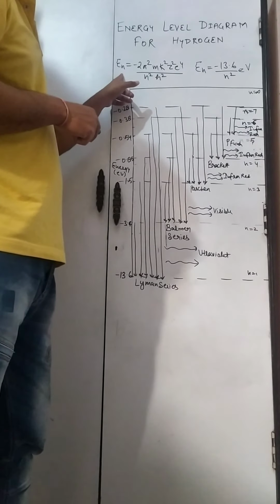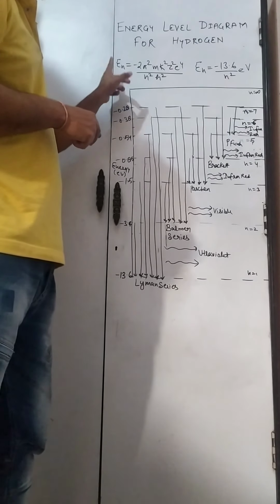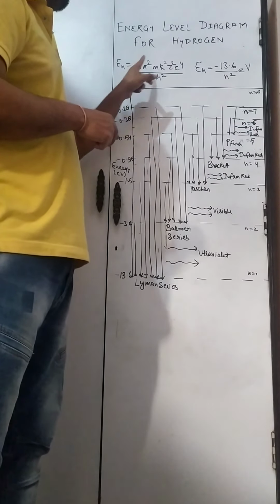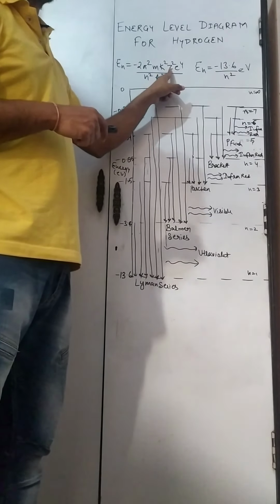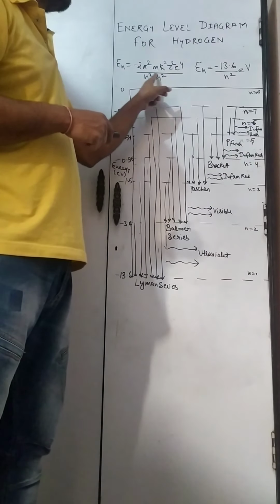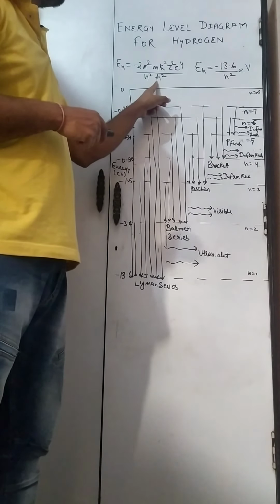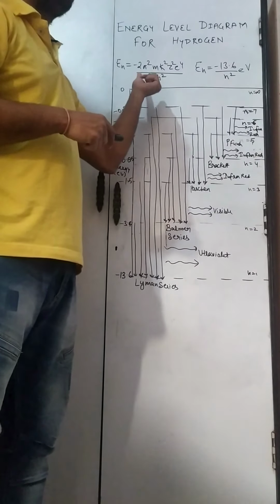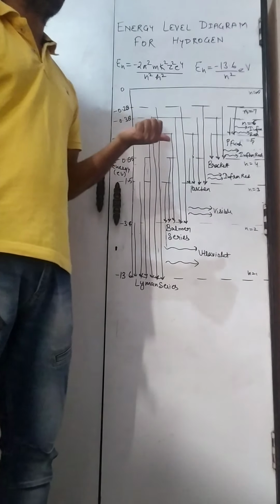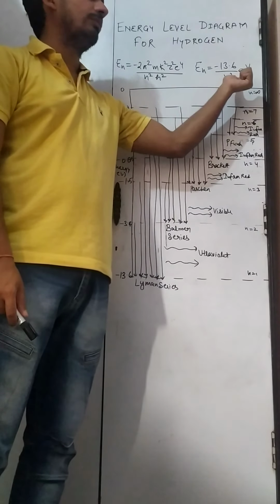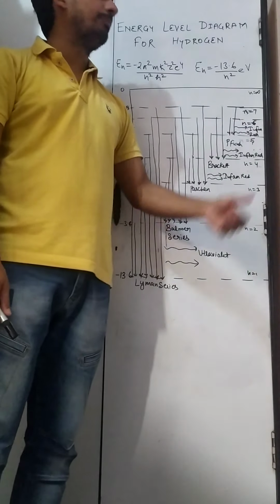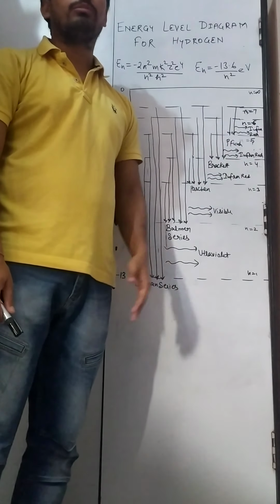As we have already derived the energy formula, the energy of an electron in the nth orbit, if we put Z equals 1 here, then we can get the formula for hydrogen. These are various constants, so we can put in the values of the constants and find the simplified formula in joules. And if we want to convert it into electron volts, we can, and the formula will be this one. From this formula we can get the energy in a particular orbit by putting in the value of that n.